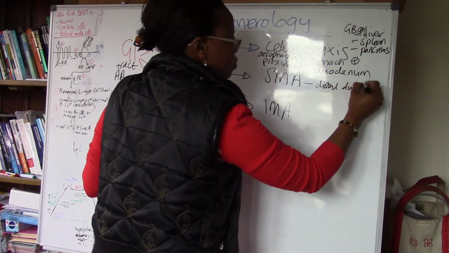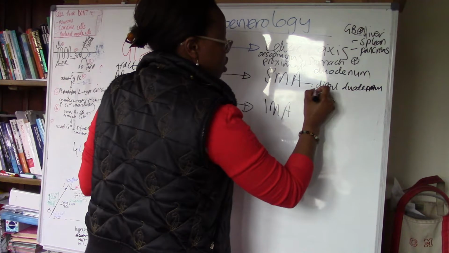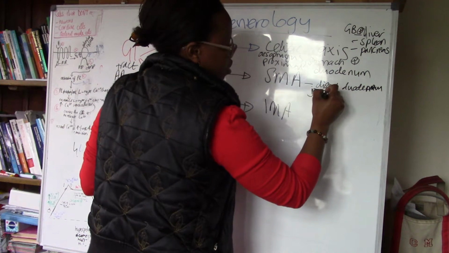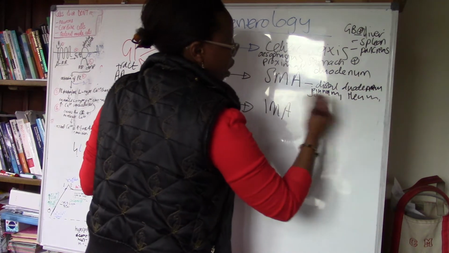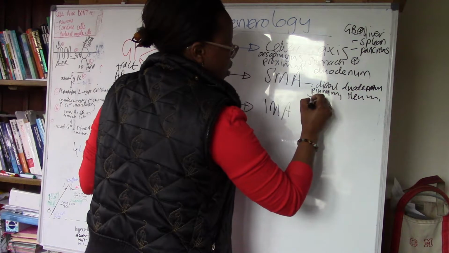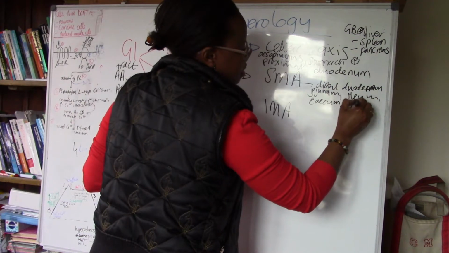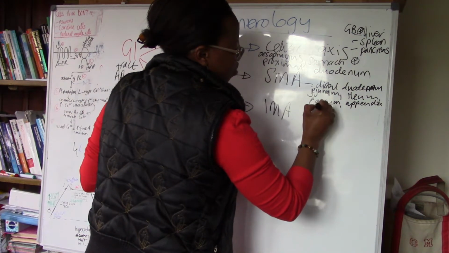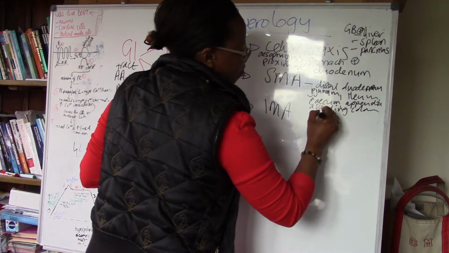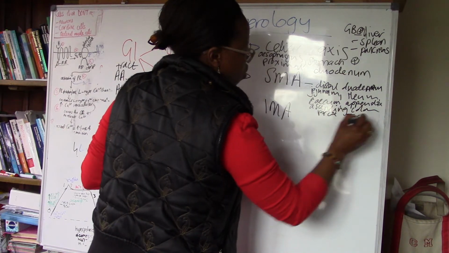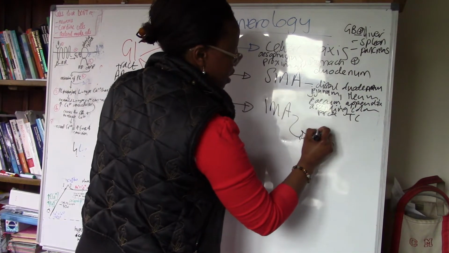duodenum, the jejunum, ileum, and the cecum, appendix, ascending colon, and the proximal transverse colon, whereas the hindgut will then be the rest of the distal